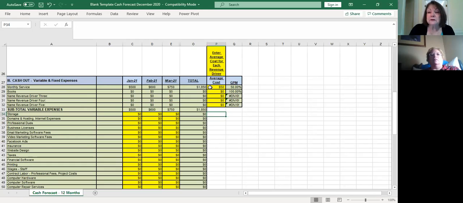So if you wanted to forecast the amount your customer pays, the amount that your carrier gets, and then the amount that you get, this is the place to do it. If you don't want to track that information because it's captured somewhere else and you just want to,